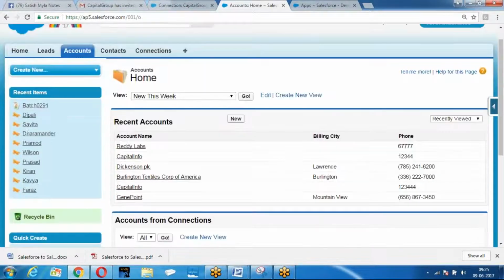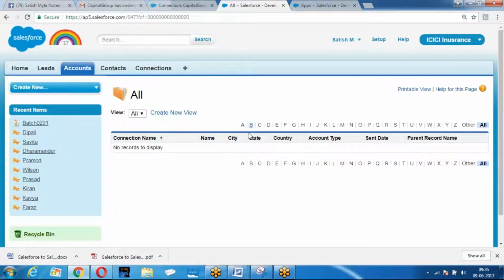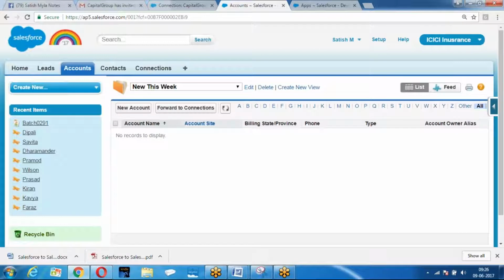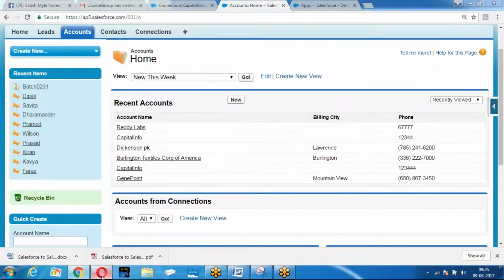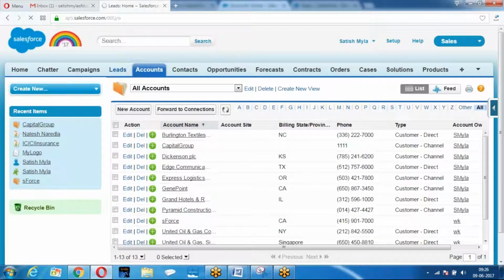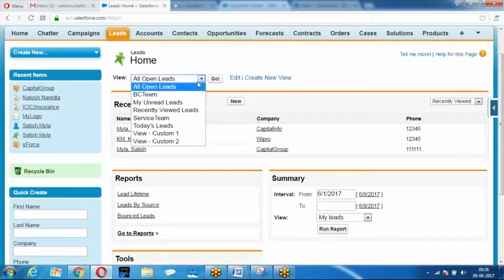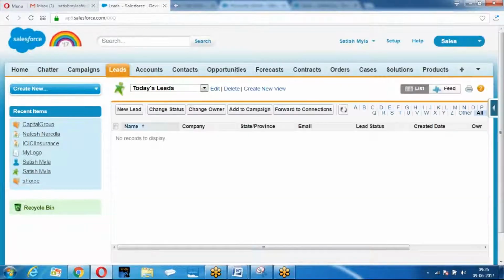Go to the account, go back. So in the account, what is the record we have created? Capital Group. Still waiting for the record.